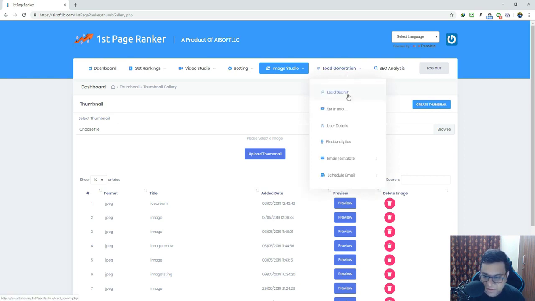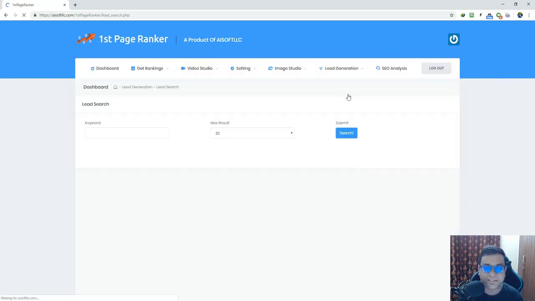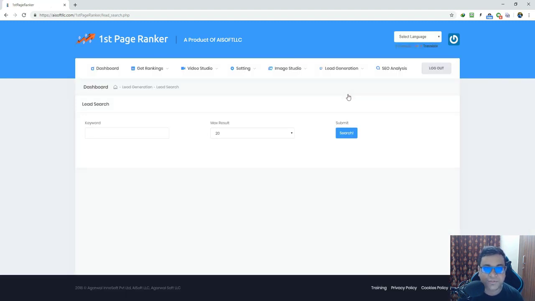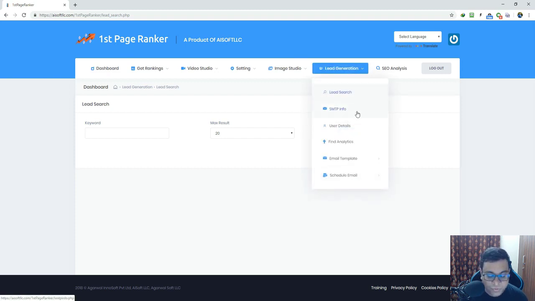So now let's go to the lead generation system. This is a comprehensive lead generation system. We acquire the leads using Facebook, and you can do a lot of things with this. For example, you can get the leads, generate an SEO report, and you can send it to them using our inbuilt autoresponder. You can find all about our autoresponder under the schedule email section, where you can easily schedule email to